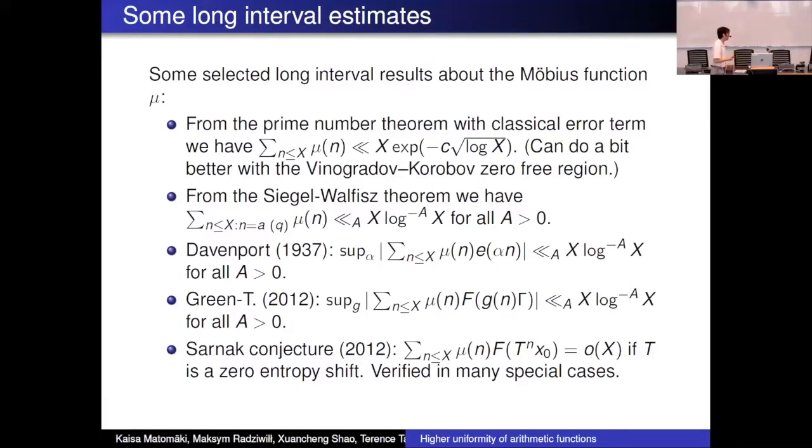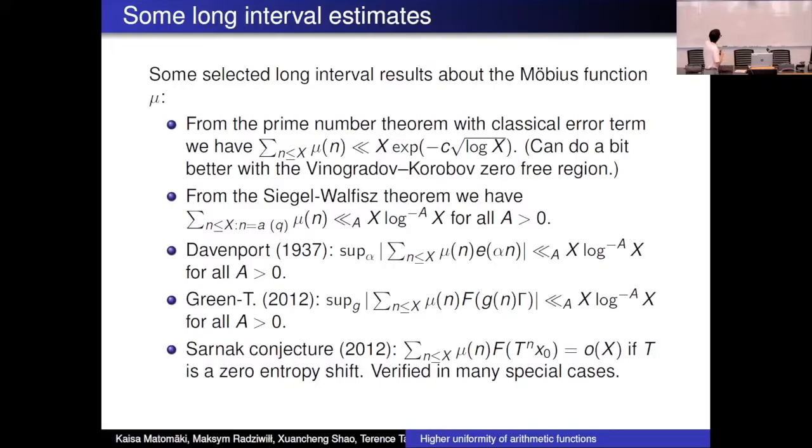Okay, so there are many results of this flavor, that the Mobius function discorrelates with something. So I'll just give you some examples of results that are in the literature, starting with the long interval case, where you're summing just from 1 to x. So for example, the prime number theorem, you can show that Mobius discorrelates with 1, that if you sum the Mobius function from 1 to x, you can get much better than x. So using the classical zero-free region, you can save e to the square root log x. Using the classical zero-free region, and with Vinogradov-Korobov, you can get something slightly better. Of course, with the Riemann hypothesis, we expect to save the square root of x, but we can't prove that.